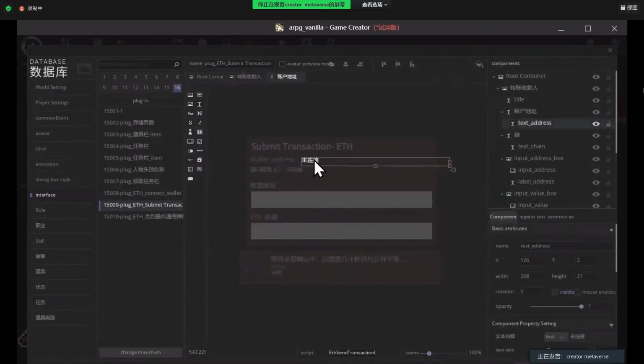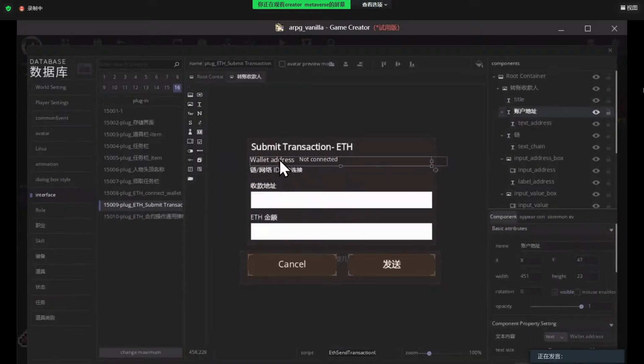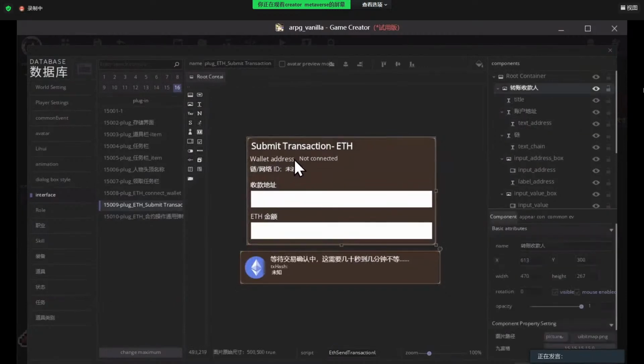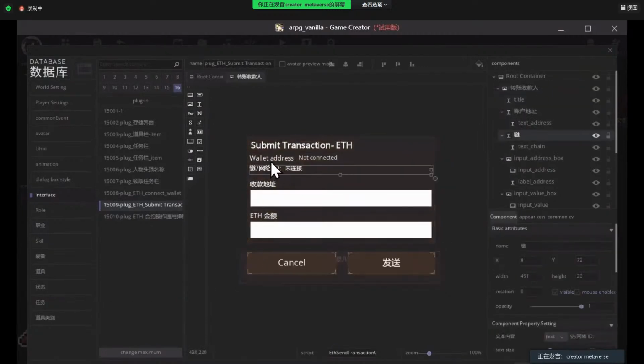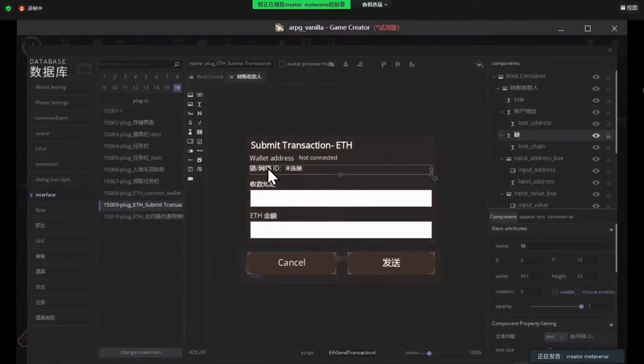And put this guy a little bit here. Test is not connected. And this one, oops. Double click here, which is the network ID.